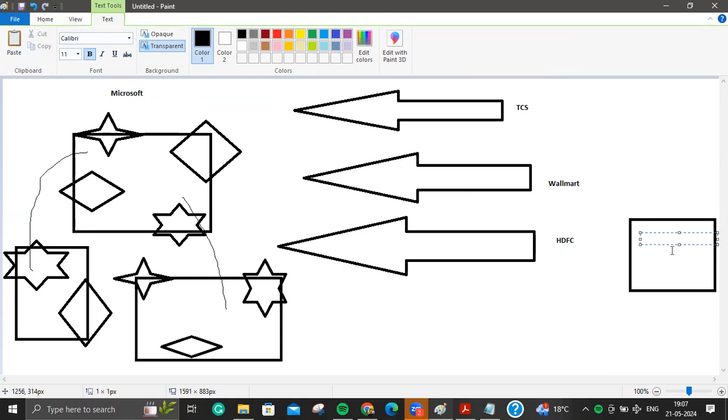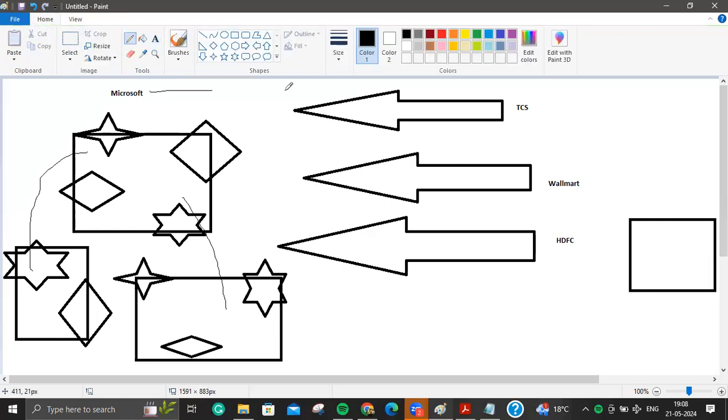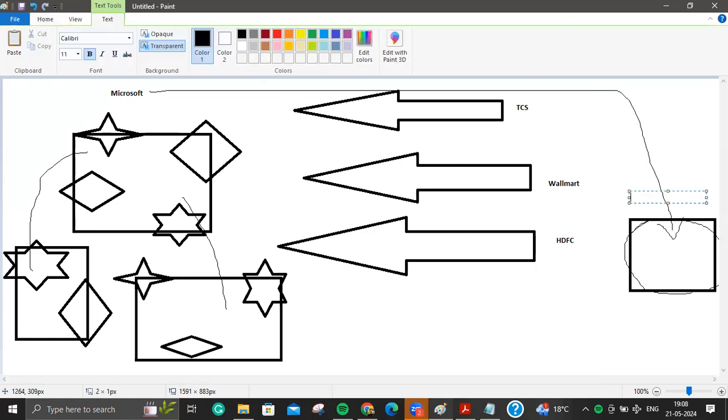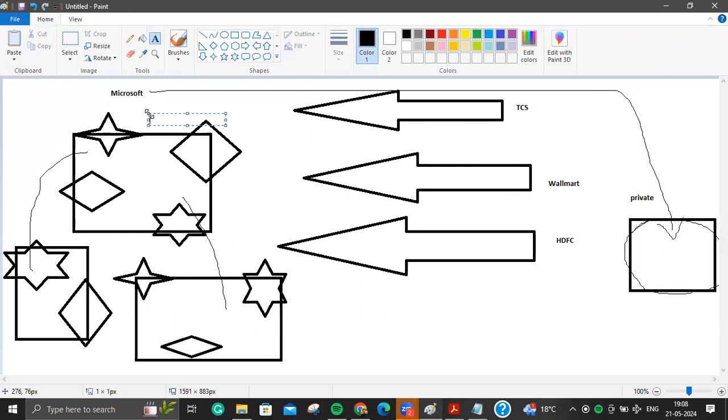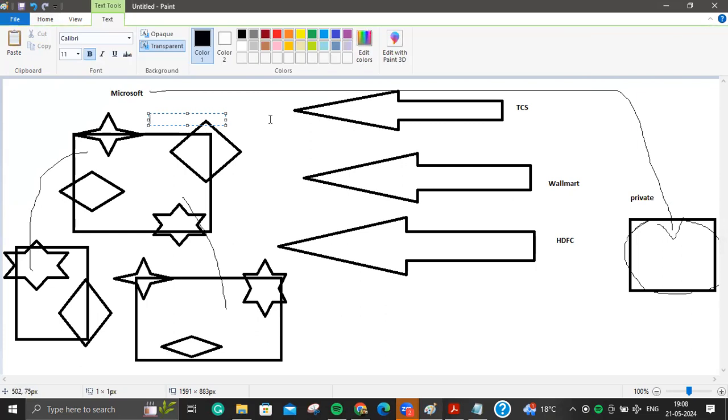I want to use my own server, and then I want the cloud setup, right? So they will call Microsoft to their own premise, and then Microsoft will set up a private cloud for them, in which internally they can share the data. Internally it will behave as a cloud, but it's all taken care of by SDFC. So this is a private cloud setup.